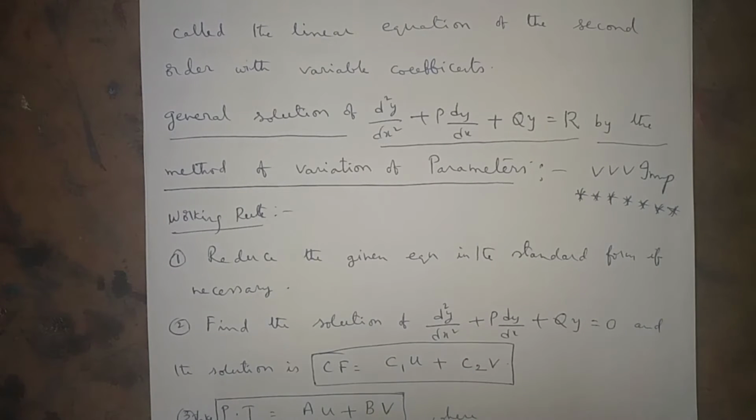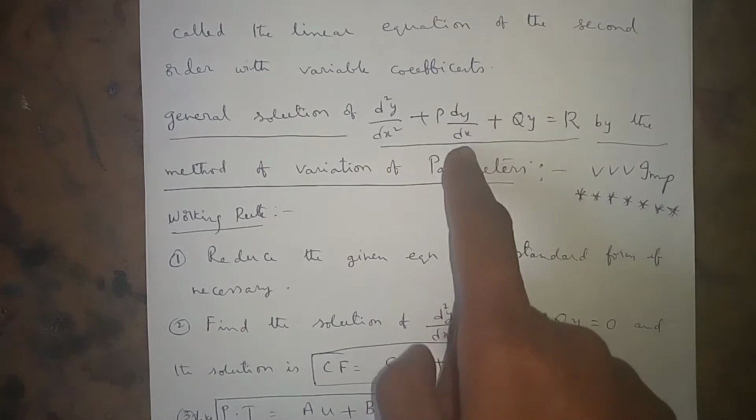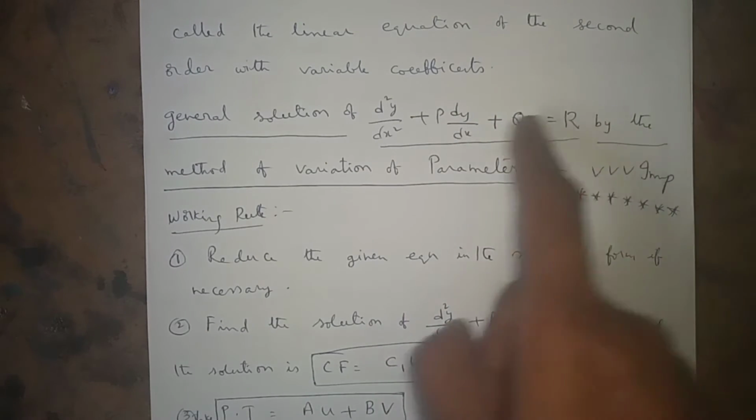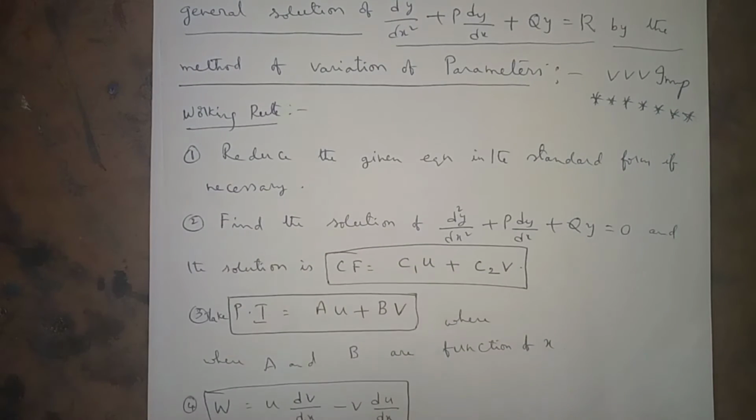This question is repeatedly asked. This time also they will definitely ask one question. It is a very important method: d square y by dx square plus p into dy by dx plus q into y is equal to r by the method of variation of parameters. Now to do this problem, what is the working rule we will see. The working rule will be: